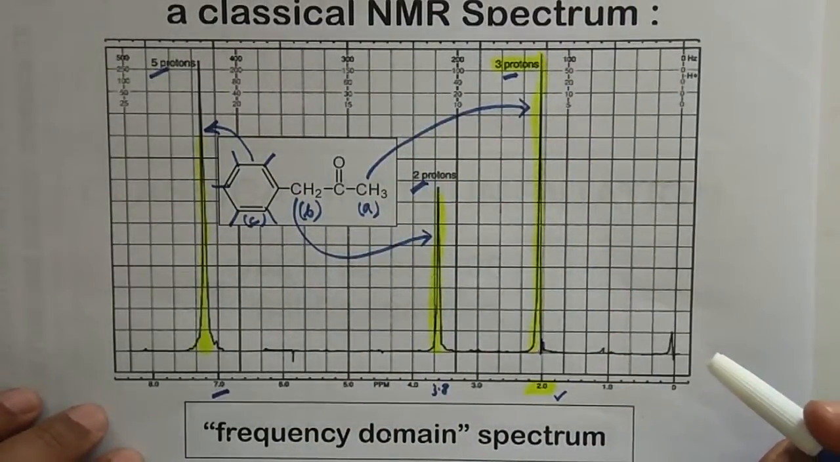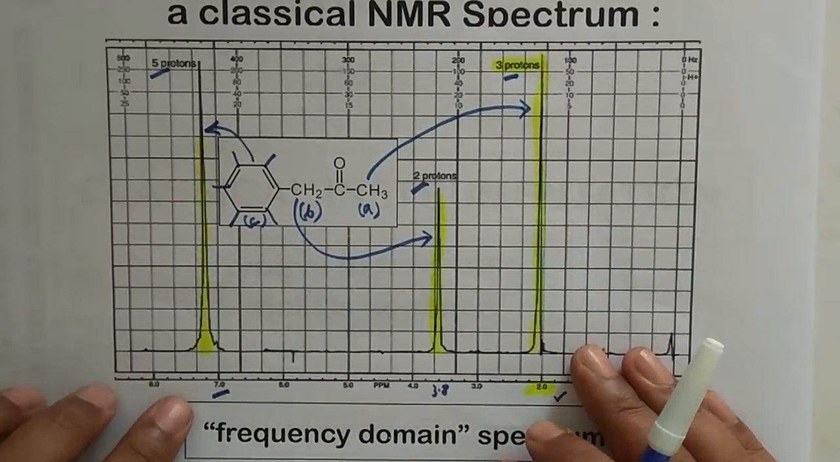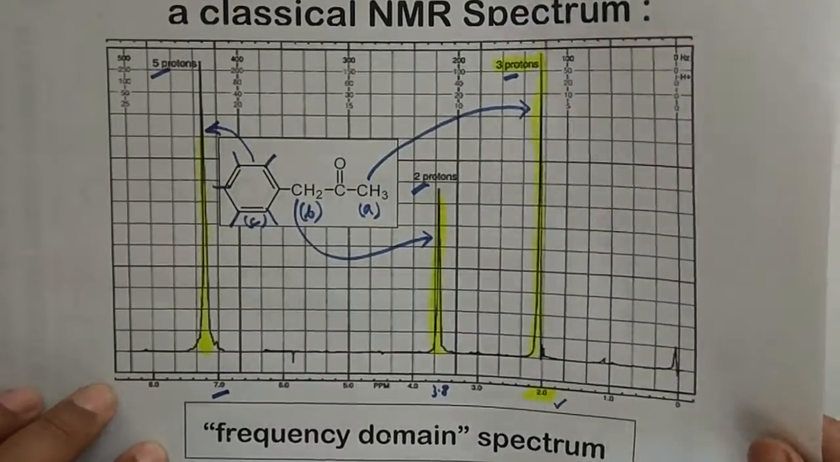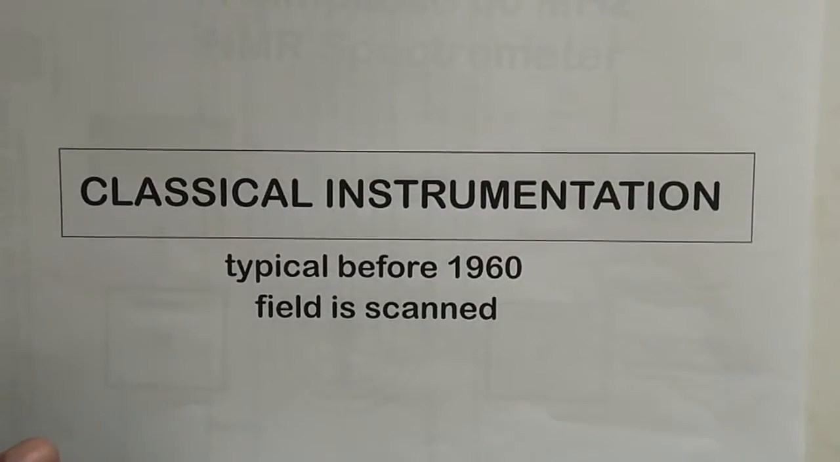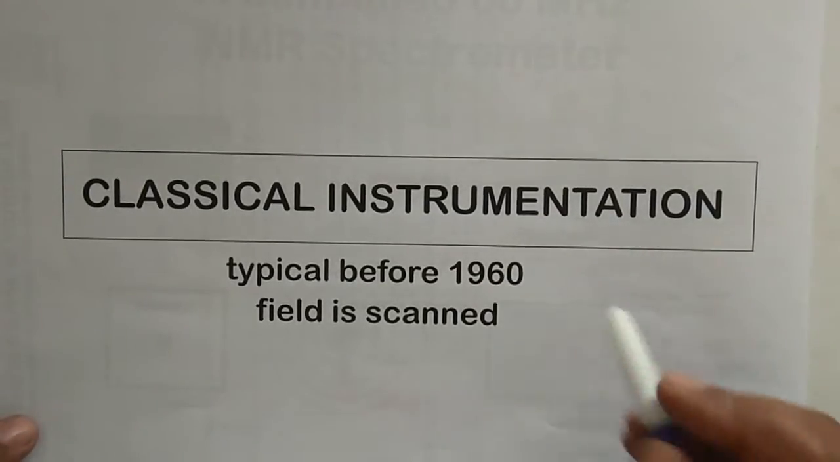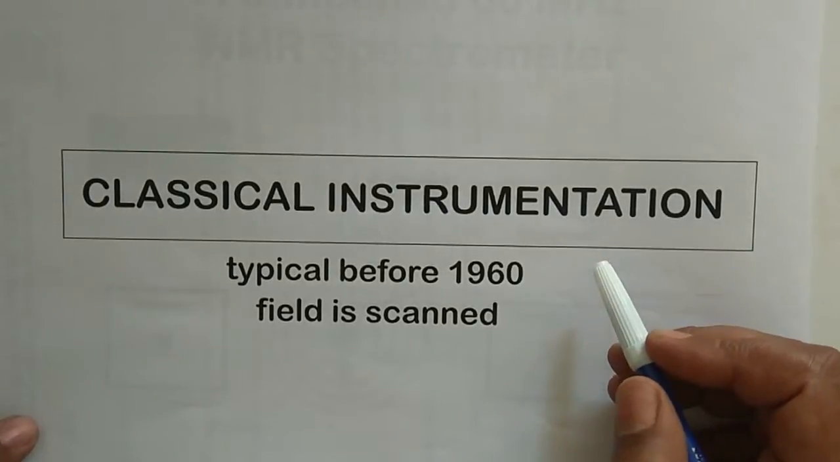Using that particular computer, you will have this particular spectrum. So this is the idea of how we can get the spectrum in NMR spectroscopy. Okay. See guys, now I am going to explain the instrumentation of NMR spectroscopy, which is important for your